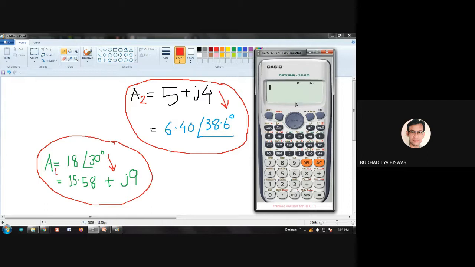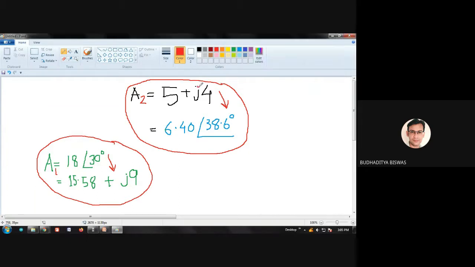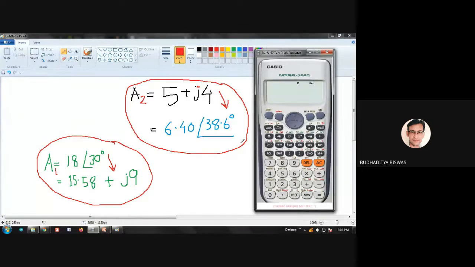So using a calculator, whatever model you have, generally people have the Casio MX82. This 82 model is very preferred. So using the calculator, how do you find this conversion? You require to know that, because from the next day we'll do some numericals, and while you do the AC numericals, you need to convert rectangular to polar or polar to rectangular. First, let me convert this one.